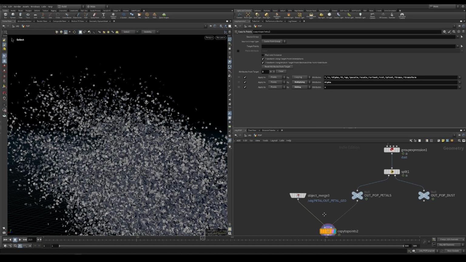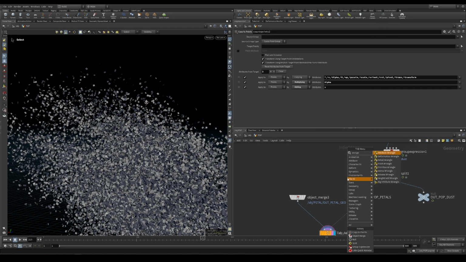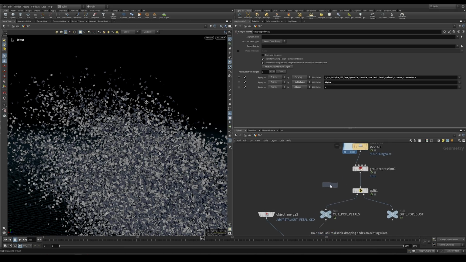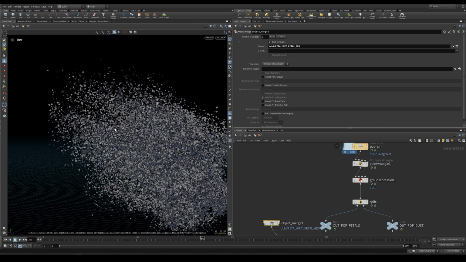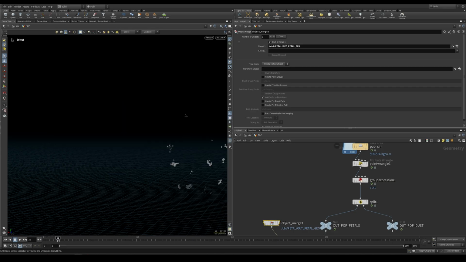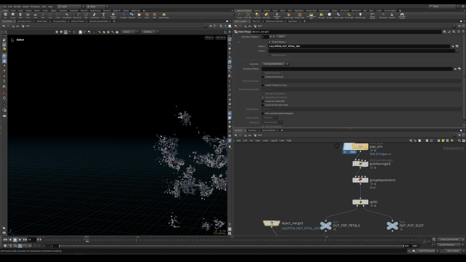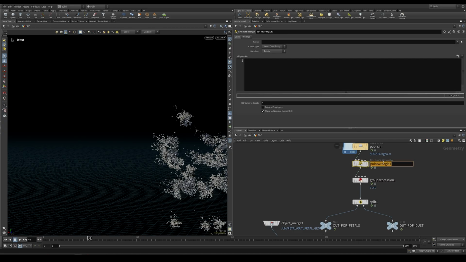Basically we want to tweak the pscale a little bit, so let's take a point wrangle just right after the cache. And the pscale we are using right now is fine because it's driving the mass, but we want to randomize it even a little bit more and also animate it, so in the beginning of the birth of the particle they will be actually a little bit smaller. So inside here let's call it final pscale,